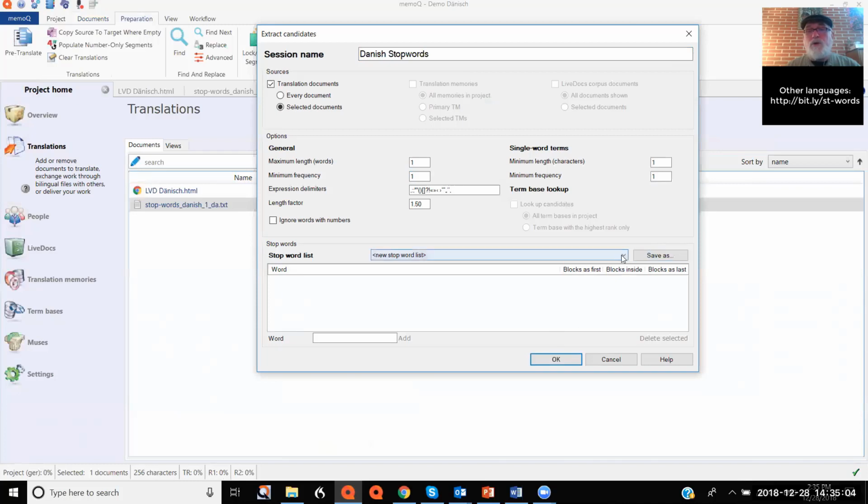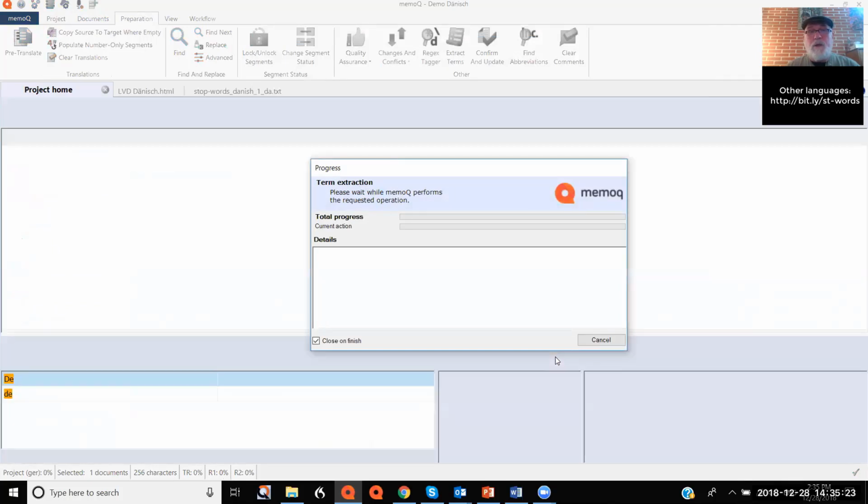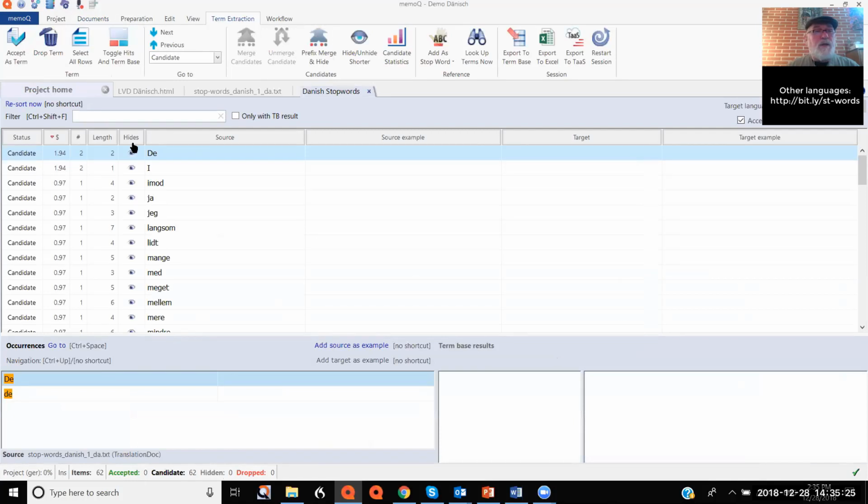Okay, and look, I have one Danish stopword list from when I showed this before in the German lecture, but we're not going to use that for right now. We're just going to continue with no stopword list. Okay, and here is our term list. Let's have a look at some of the things in